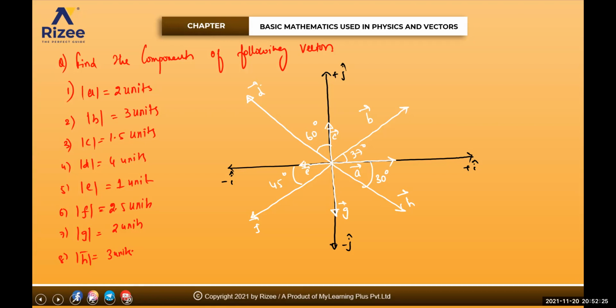Any doubt to anyone in this question? Find the component of A bar. I need the x component and y component of mod of A. That means for this one, I need x-axis component, cos theta, and y component. How much is Ax and how much is Ay? Where is A bar in the figure, beta? On positive x-axis, isn't it? Now see how I am writing.